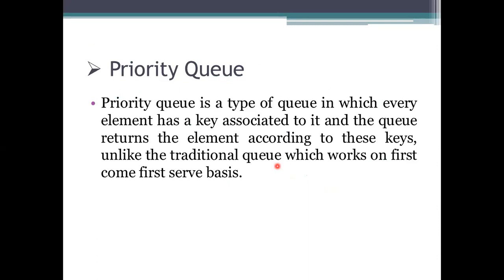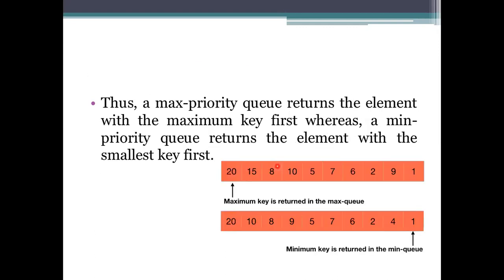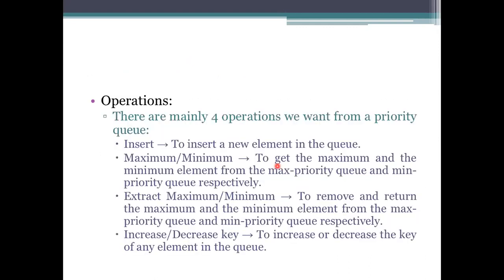The next topic is the priority queue. In a priority queue, every element is associated with a priority, and based on that priority we give first come first serve service. The element with the highest priority will be processed first, and the one with the lowest priority will be processed next. It depends on the priority factor you give, whether from 0 to 5, 1 to 5, or 5 to 1, depending on the user.